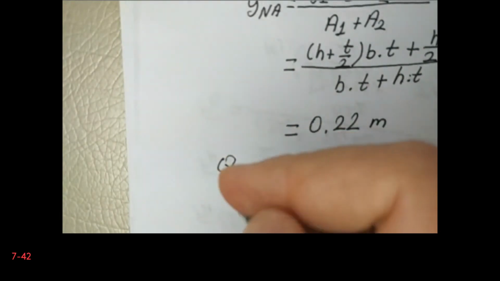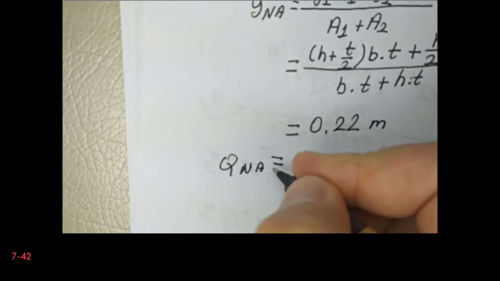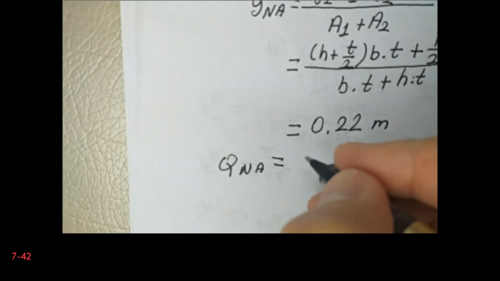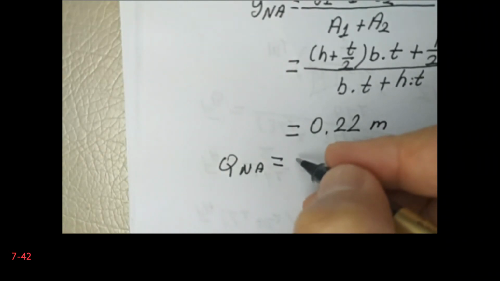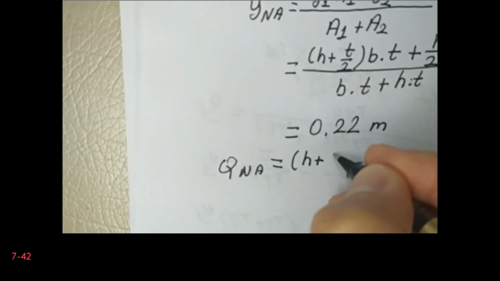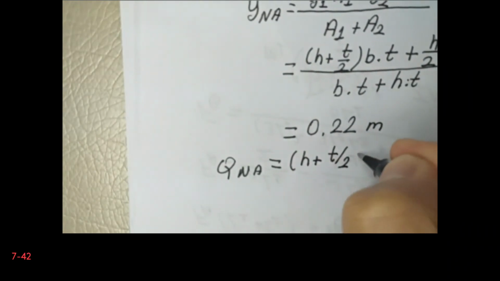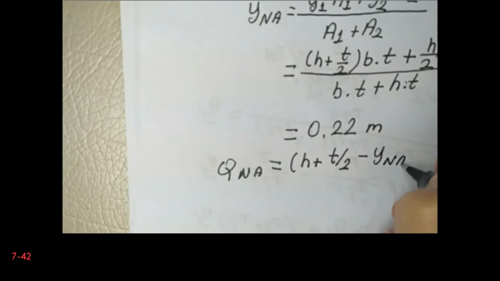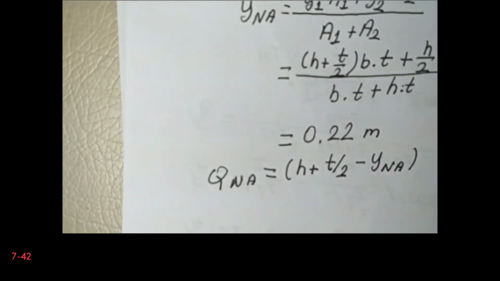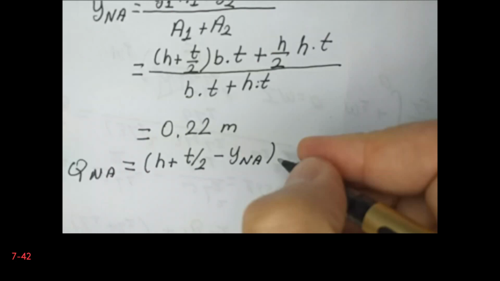So the first moment of the area above the neutral axis is: first the horizontal part. The distance between the neutral axis and the centroid of the horizontal part is (h plus t) divided by 2 minus y_NA, multiplied by the area, and the area is b times t, plus